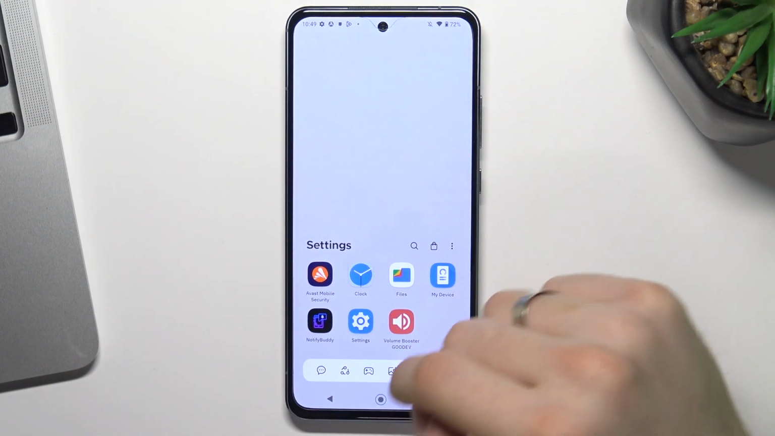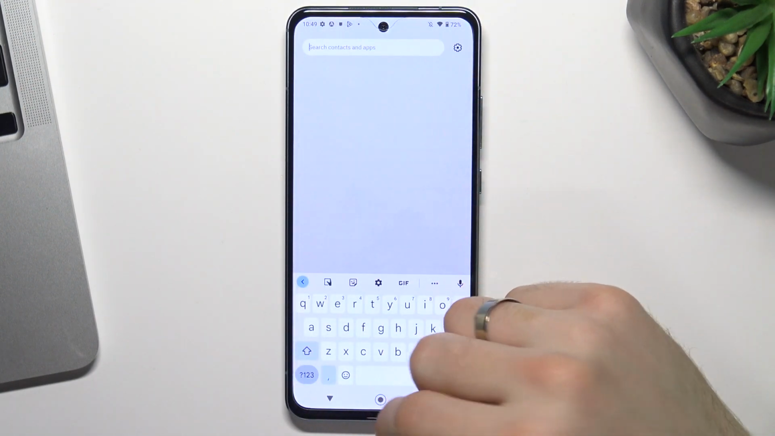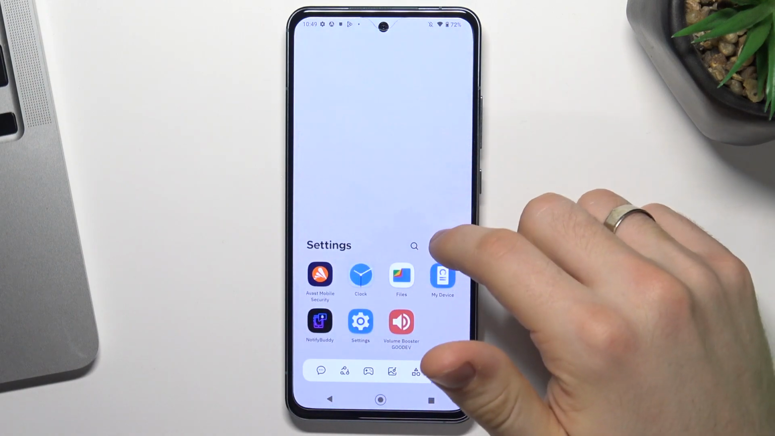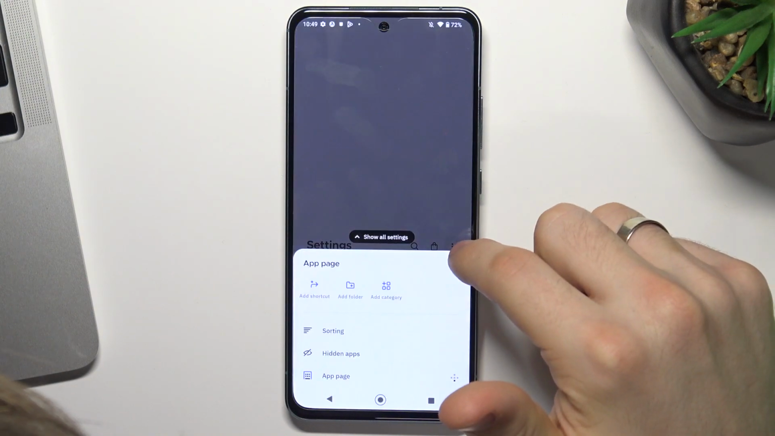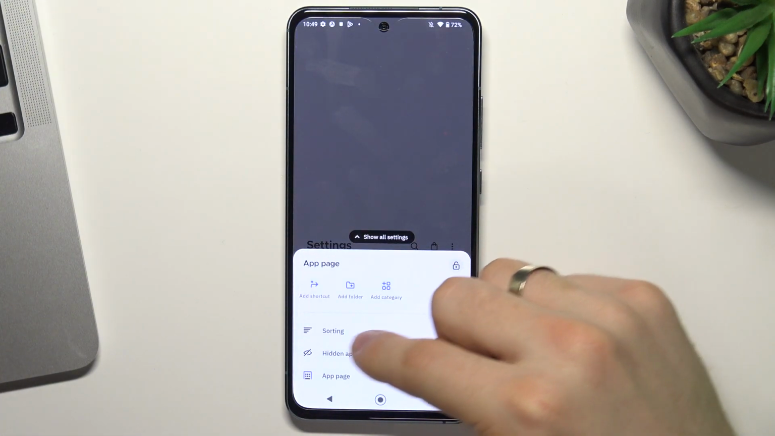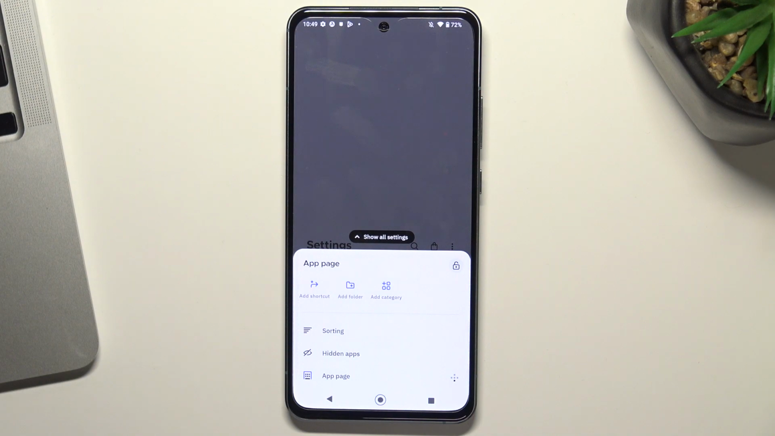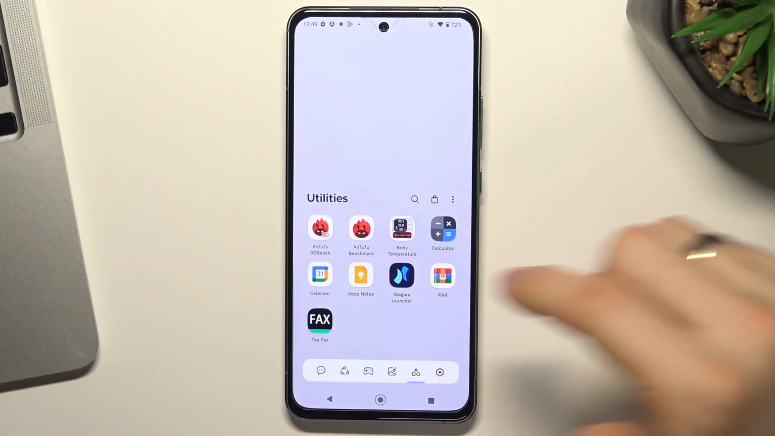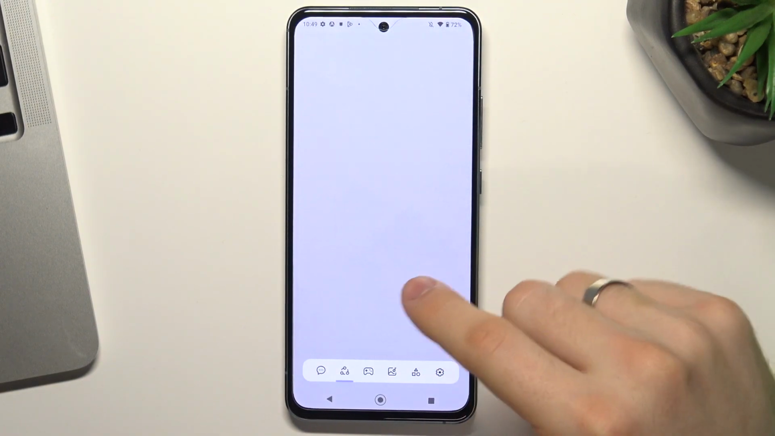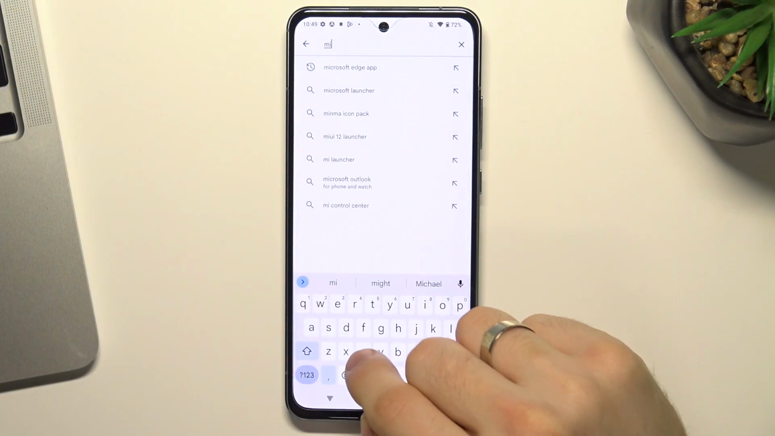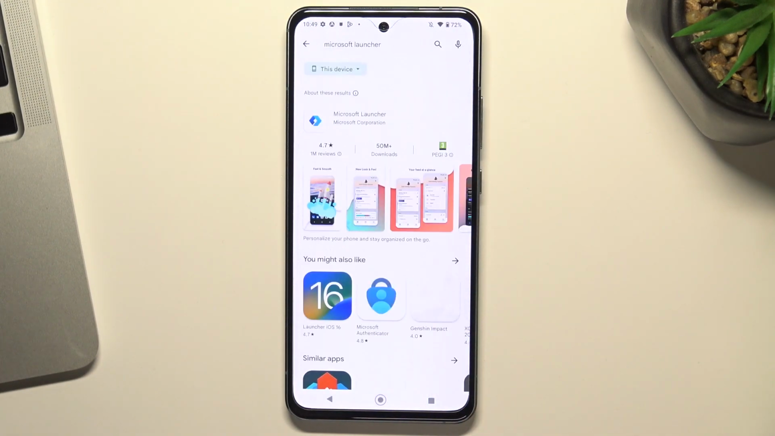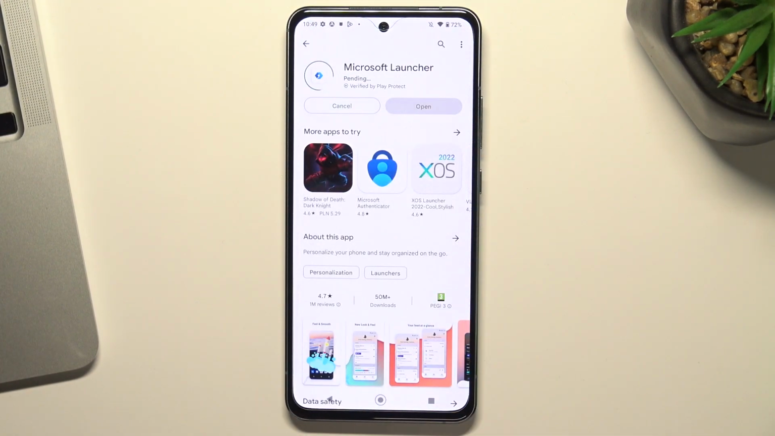Of course, this launcher has a search menu. Okay, and of course you can change the sorting of applications and hide apps too. So I think it's a really great launcher for you, but I have best launcher. And in my case, best launcher is Microsoft Launcher. Wait for it, click Install,